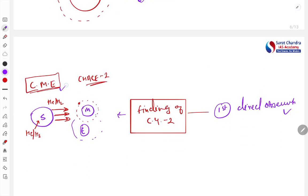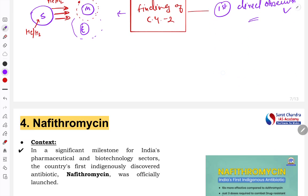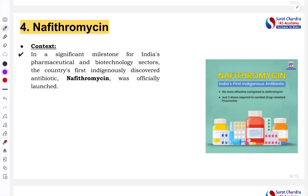We understood about the coronal mass ejection and what was the finding. That much only important in this particular article. Let's go to the next article, that is the fourth one, which is the